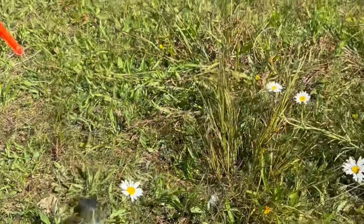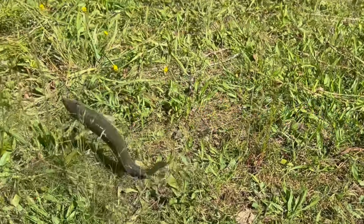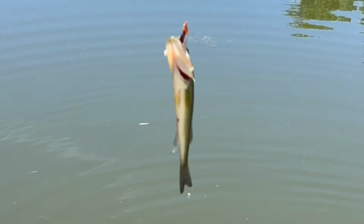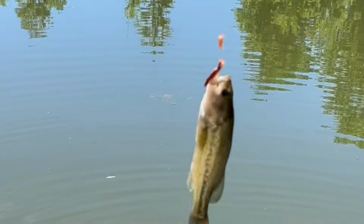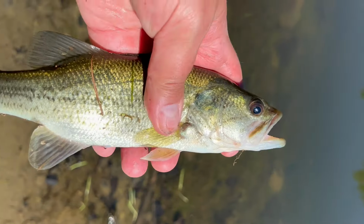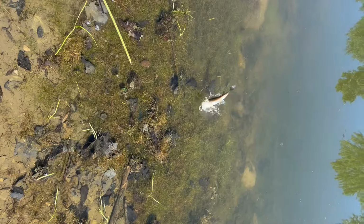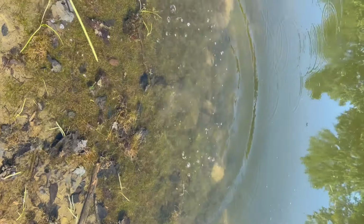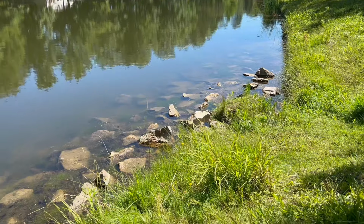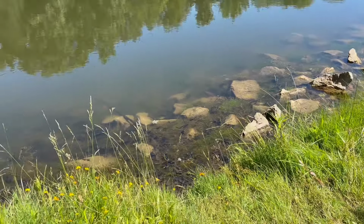Okay, we've saved the best part for last, and that is all of the lures you're going to need to catch largemouth bass to stock up your tackle box. Of course, choosing the right lure is critical for attracting largemouth bass, and it always depends on lots of different factors like the water temperature, the water clarity, the kind of structure in the lake, etc. Environmental factors are important, and we're going to go through all that and also tell you what lures you're going